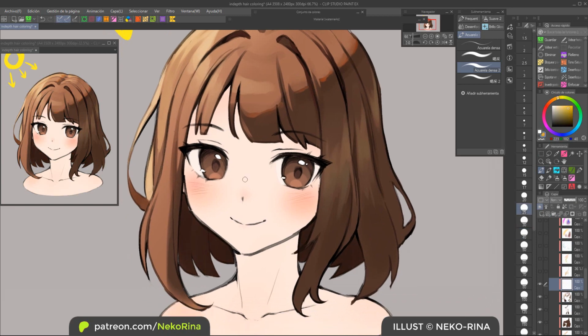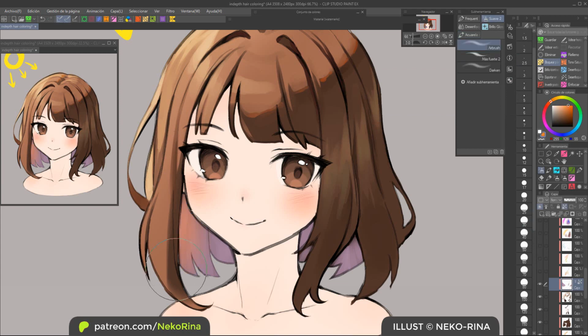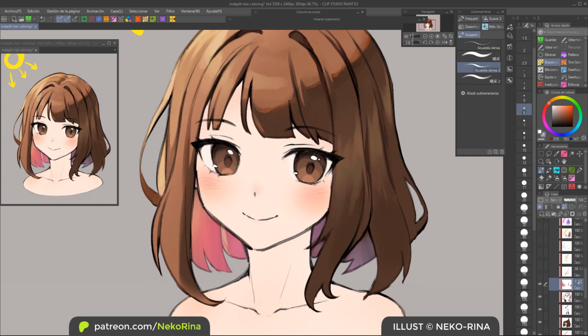Talking about colors, it's become a very popular anime trend to add some crazy light and saturated color where the dark shadow should be. So feel free to try that too. This usually helps providing more depth between the different hair layers, but it can also be just your stylistic choice.